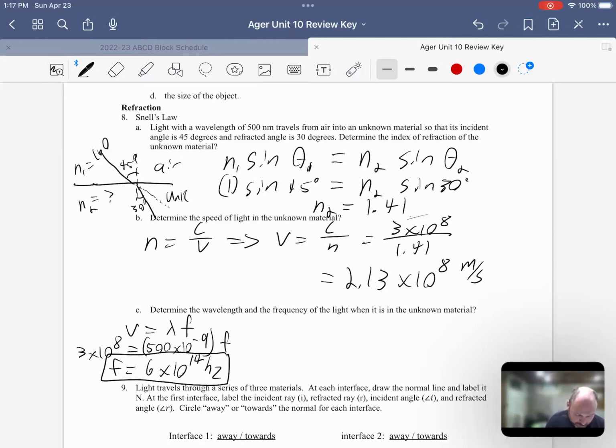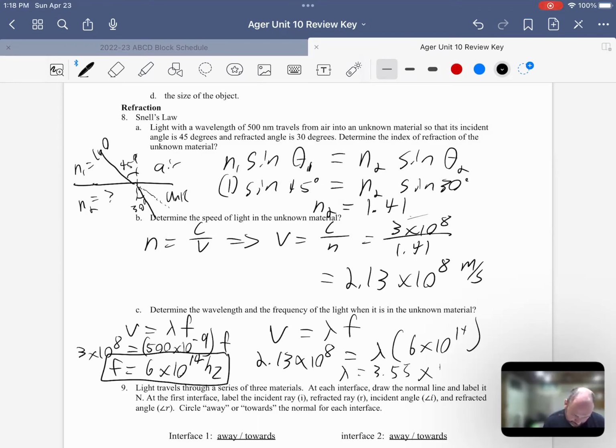So in the new material, with the same equation, velocity equals wavelength times frequency, but now the velocity has slowed down. The velocity is 2.13 times 10 to the 8th. That's going to equal our new wavelength times the frequency, which doesn't change. So 6 times 10 to the 14th there. And we do that out, we get a wavelength. Wavelength equals, I believe it's 3.55 times 10